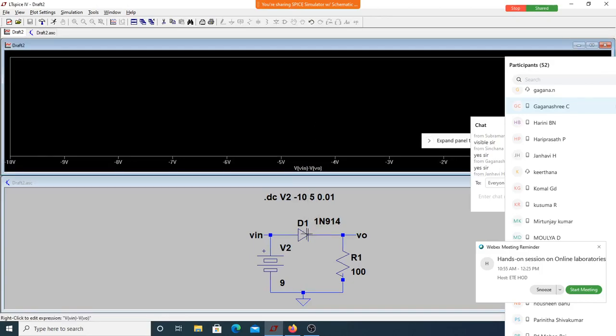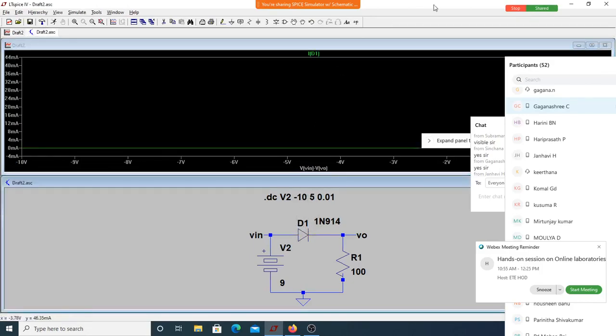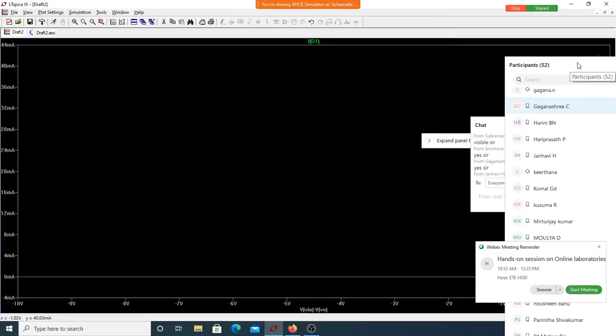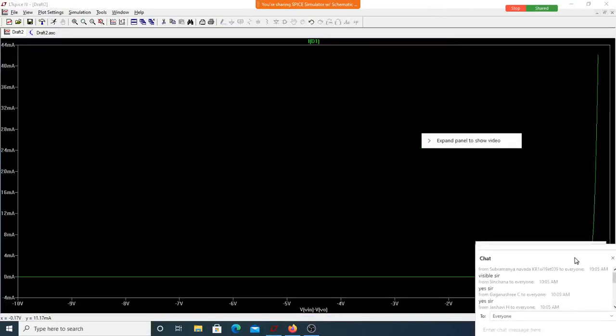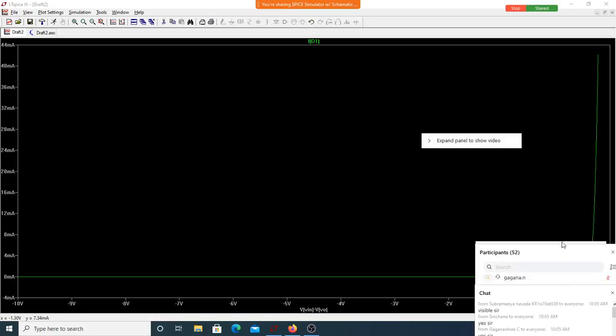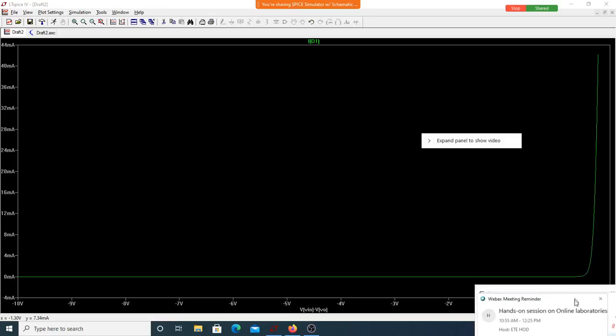If you type it, now this is the diode voltage. Now if you plot it, you'll get the same characteristics. Can you see here? Same characteristics. Don't panic. It is the same characteristics. Whether you put the diode anywhere, you'll get the same characteristics. Only point is that you have to plot the voltage across the diode as the x-axis parameter.